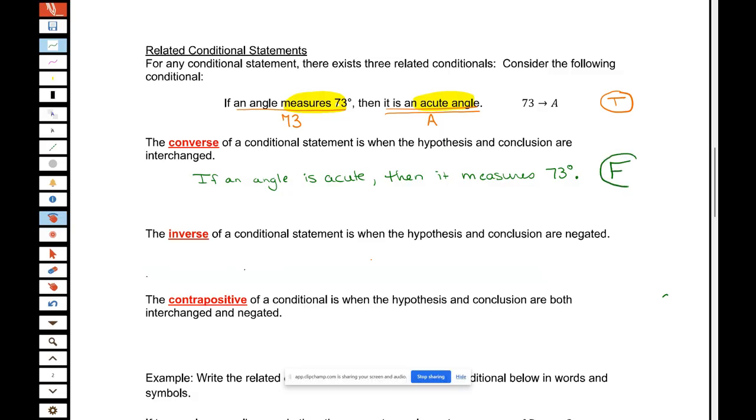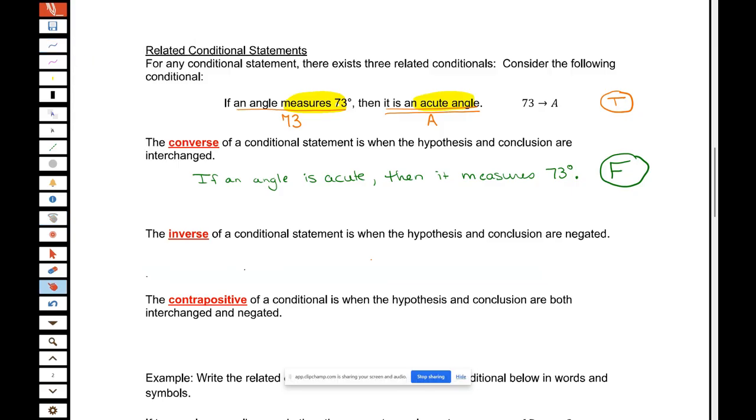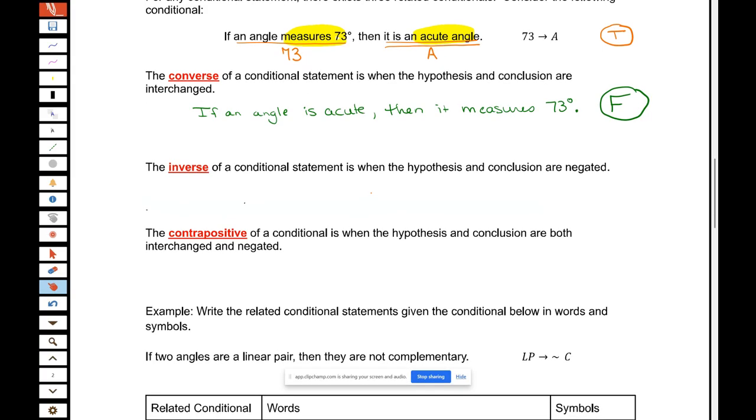That's going to be a false statement because if an angle is acute, it doesn't have to measure 73. It can measure anything else smaller than 90, like 52 or 40 or whatever. So that's a false statement. So converse is switching the hypothesis and the conclusion. The next related conditional statement, and there are only 3 of them, is the inverse. When you write the inverse of a conditional,